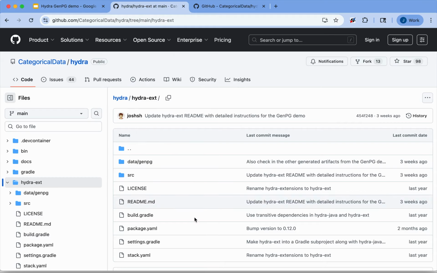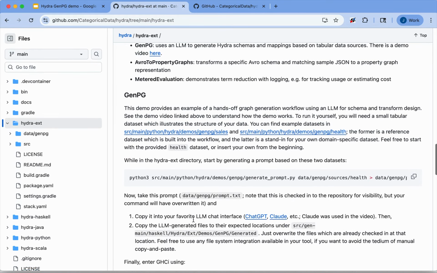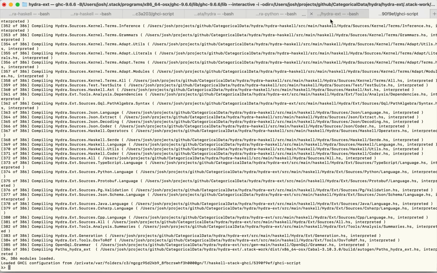Let's go back to our demo script here. And we're going to create a prompt. So what we're doing is the script is in Python. It's just going to take those health CSVs that we saw, and it's going to create a prompt. So combine the new data that you want to map into the graph with the canned examples that I just showed you, and create a prompt that's going to help the LLM out. So we'll paste that in,